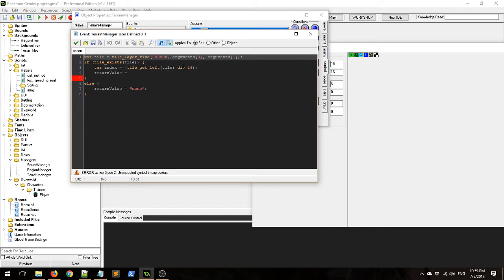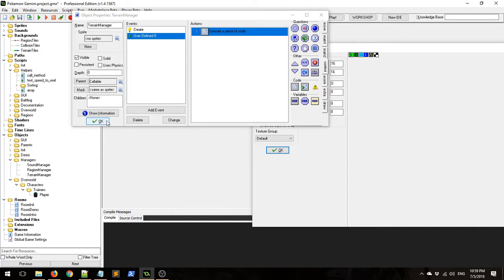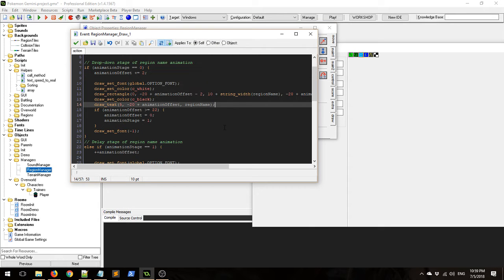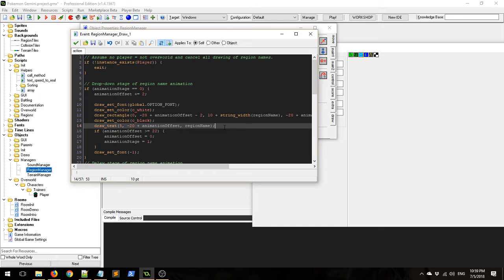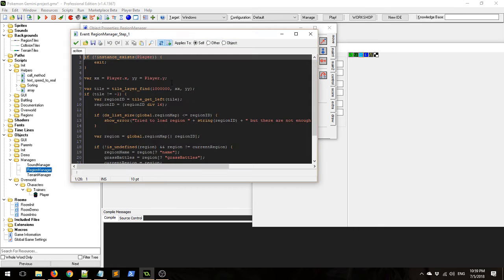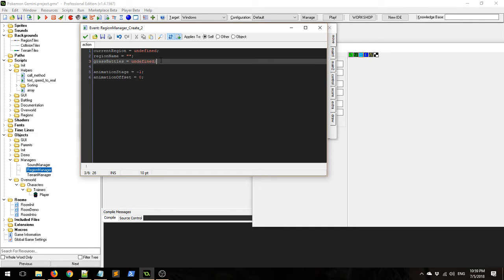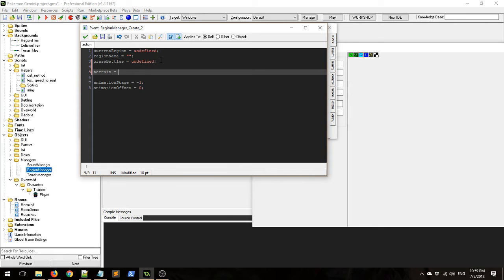So the return value is the value of terrain types at our index. So that should be it. And a quick way to test this is to take our region manager, this has x, x, y, y. All right, so we can take our region manager, and we'll add a little bit of code here just for a quick second, and call it terrain, which will start out as none,